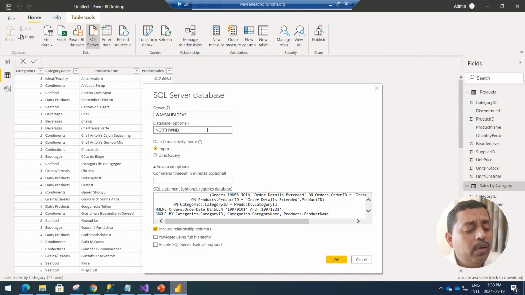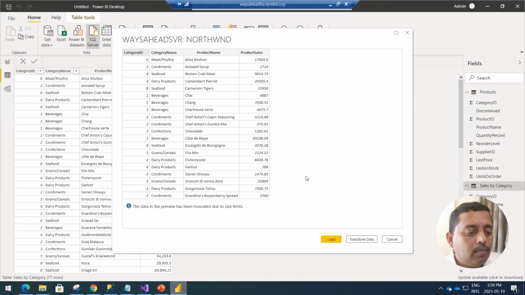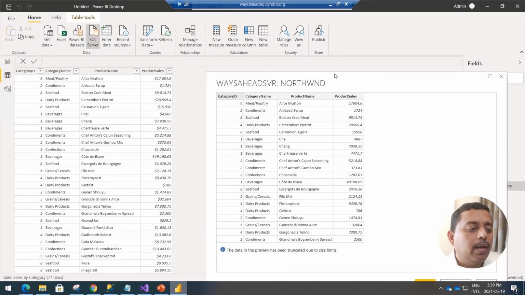So this time what we are doing is we are not opening up the entire table list, but we are selectively going inside the code, and you can see that there are some joins and other things which are already there, which we will be exploring in subsequent modules. But here we simply click on this option called OK, and you see the data.